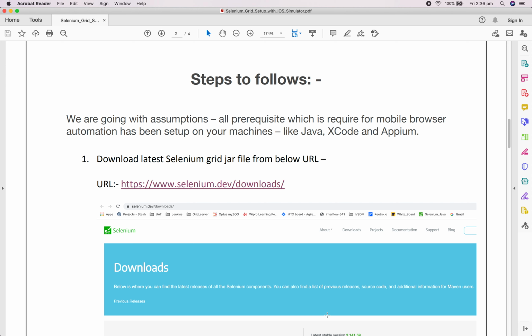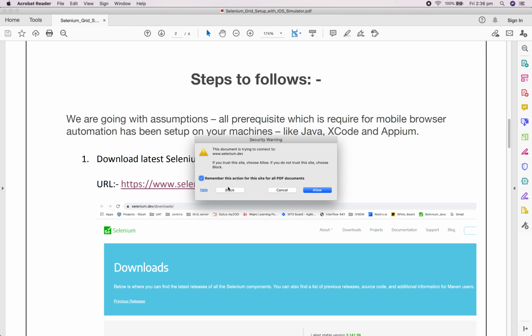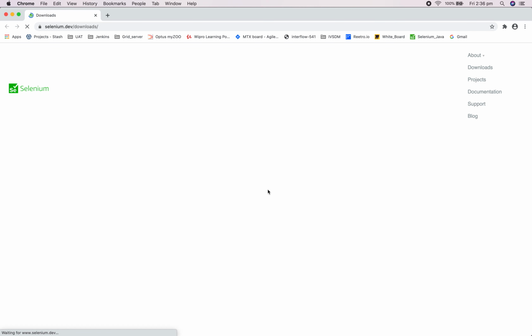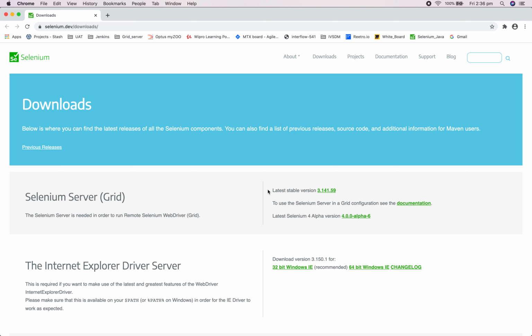So first of all, we need to start by downloading the Selenium Grid jar file. We need to follow this URL. Once you click on this, download the latest version available. Right now it is 3.14.159, so I have downloaded this.